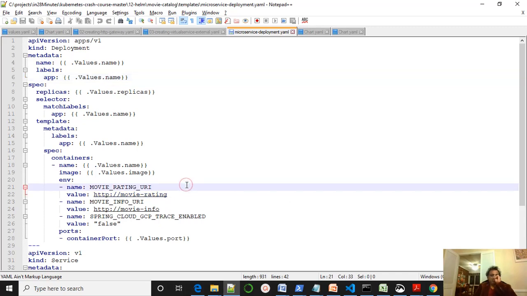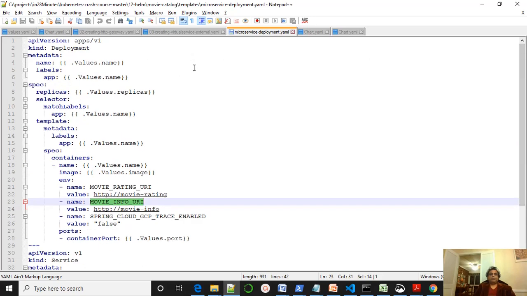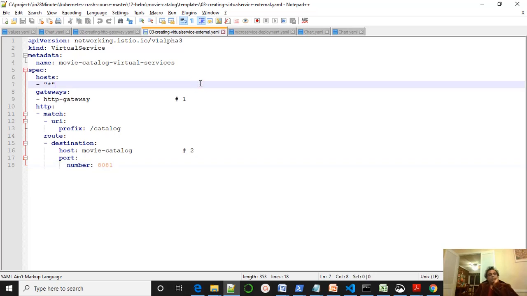And since it's a composite service, here we say environment is equal to movie rating, and the environment is referring to movie rating DNS and movie info DNS. Okay, and also we have the service here, right? Service type and so on. So all these things got parameterized, and since it's a composite service, values and this alone will not be sufficient. You need to have an entry point. Instead of using the load balancer entry point, we are creating the virtual service. So we are introducing the virtual service,